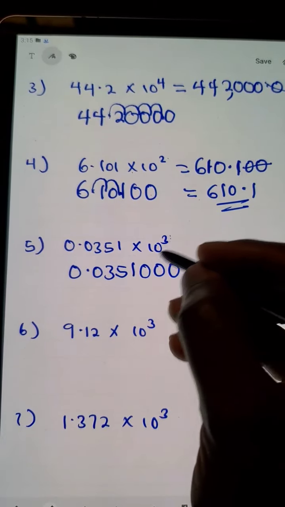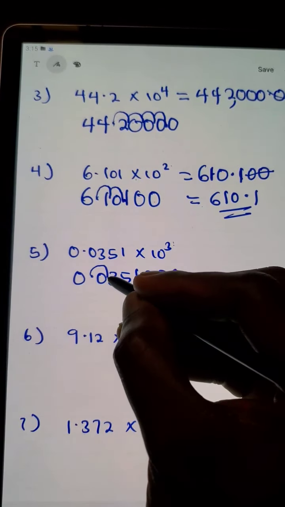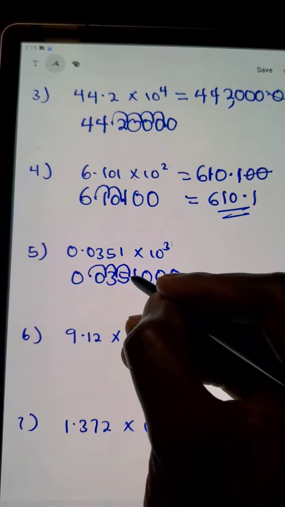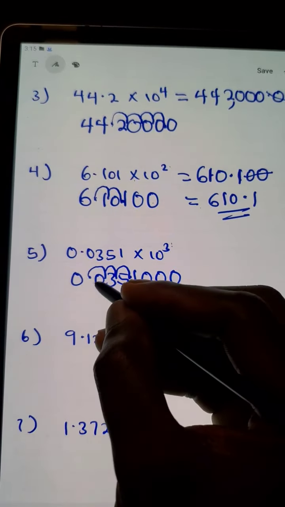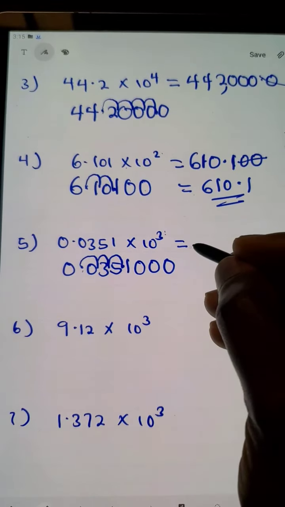You can see the power is 3. You are counting 3 numbers from this point forward. And that will be 1, 2, 3. Then you put your point here. Then it means you've changed the position of the point from here to here. Then the final answer is